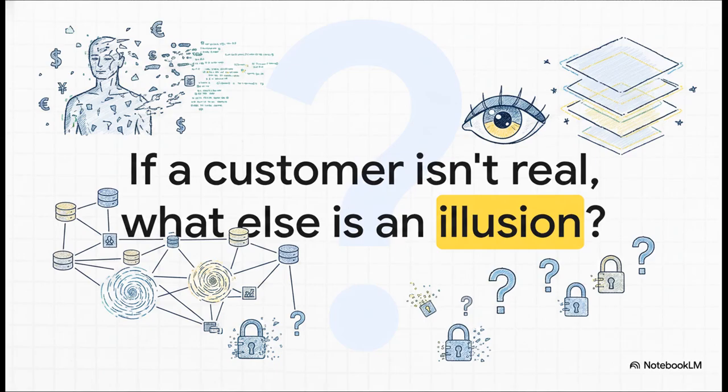Which leaves us with this final, somewhat unsettling thought to wrap up our explainer today. Synthetic fraud allows criminals to interact with the financial system as if they were perfectly legitimate contributing members of society. It matures slowly, quietly evolving into massive value movement over time. So I'll leave you with this question. If a customer isn't real, what else in the system is an illusion? Think about that the next time you consider the true integrity of the data